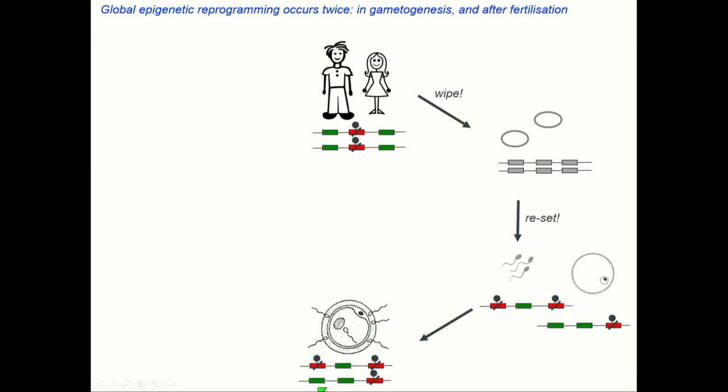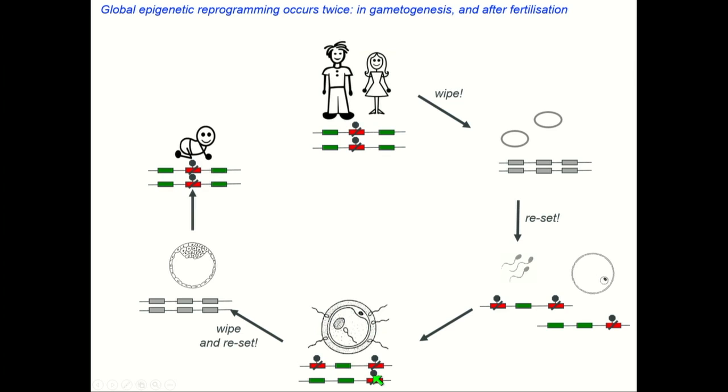In the zygote, these two genomes come together. They are not the same. They're two haploid genomes, they've got different marks on them, they're both from two differentiated cells. Therefore, the first thing the zygote is going to have to do is wipe it again. This second post-zygotic wiping and resetting is not so extensive as the one in the germline, but it's pretty extensive,